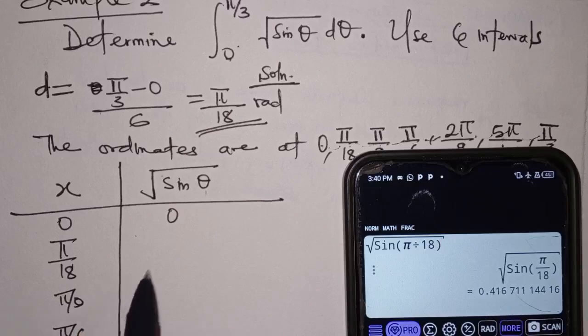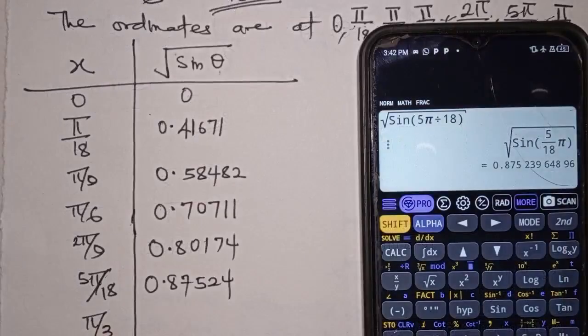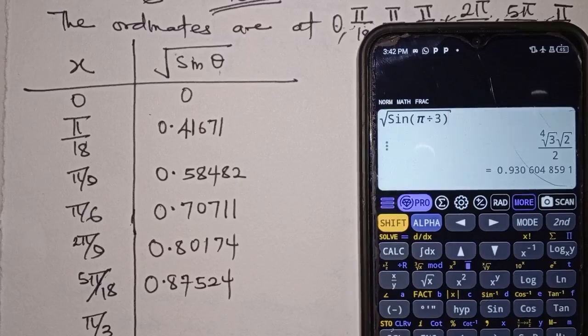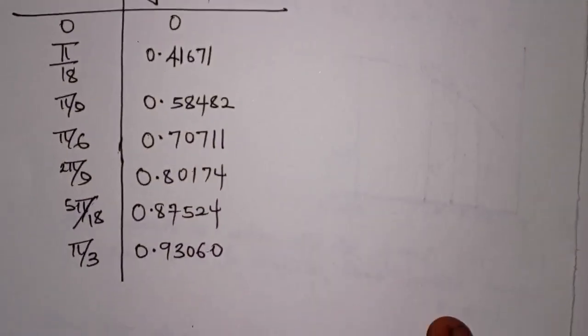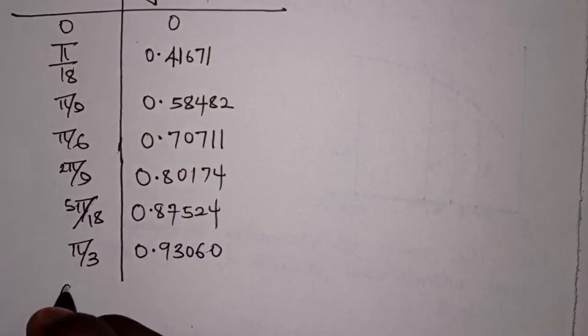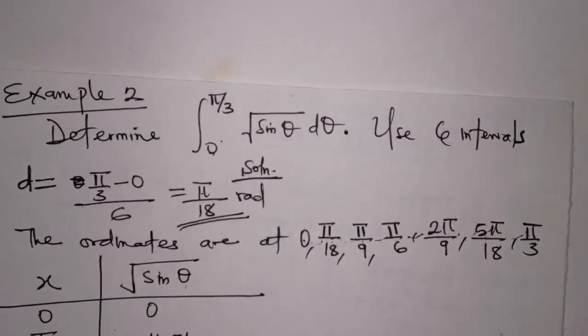So the next one is pi divided by 9. That's 0.58482. And the last one we have pi divided by 3. 0.93060 to 5 decimal places. So using the trapezoidal rule, the integral from 0 to pi over 3 of the square root of sine theta d theta